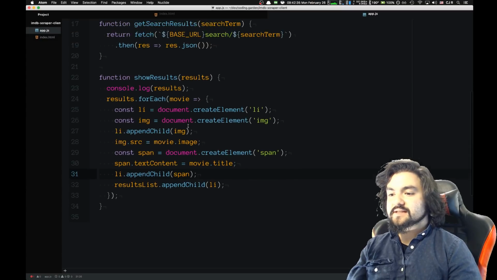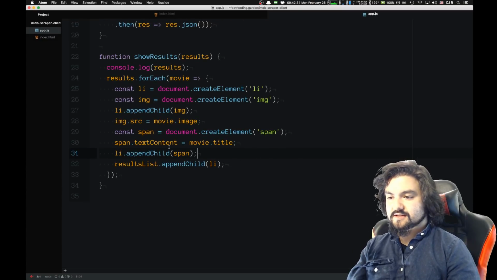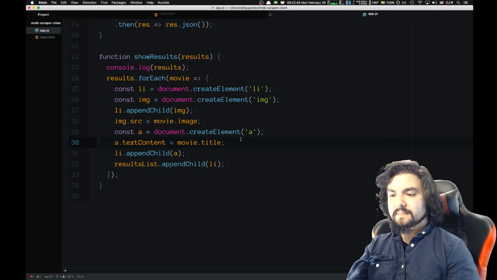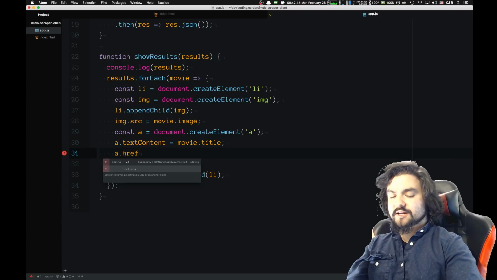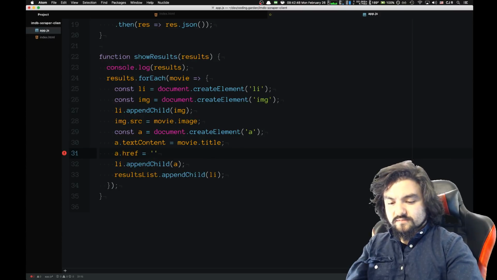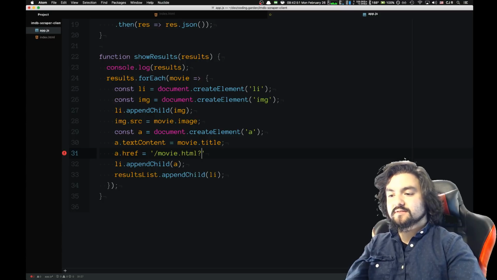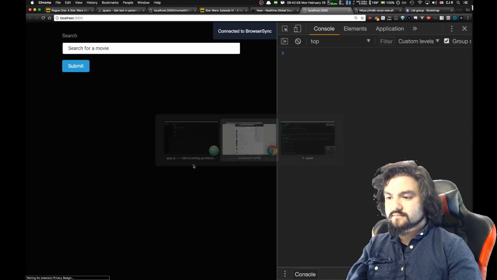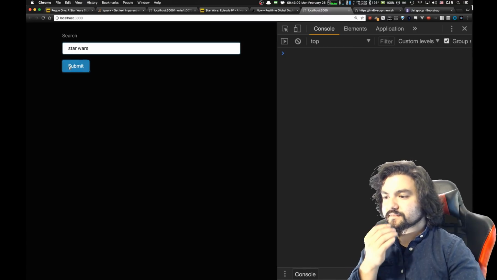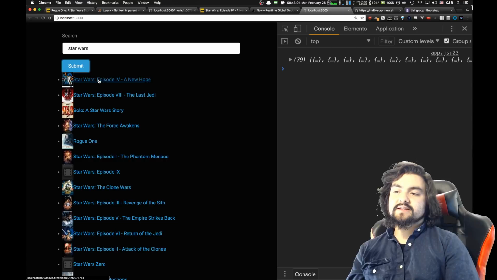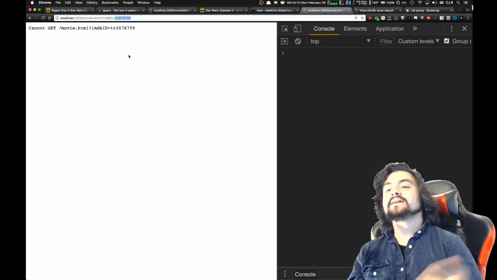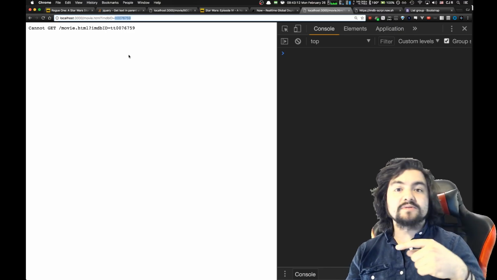So basically, let's make this, instead of a span, an anchor tag. And then the href is going to be movie.html?imdbID= movie.imdbID. Let's see what happens. So search for Star Wars. Okay. And so yeah, now if I click this link, it takes me to /movie. I'll create that page. I'll grab the ID and then make the request to my server to get a single